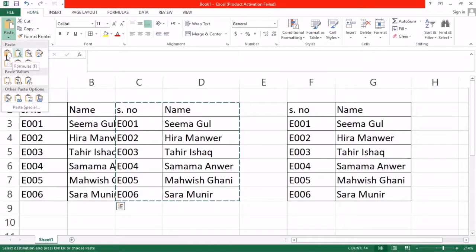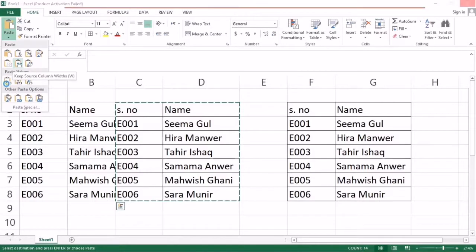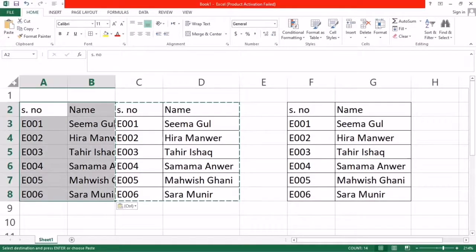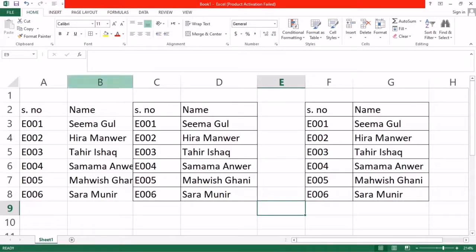For example, paste as formula, keep source formatting, and so on. This time I click this one. So this will appear here, and again you drag to increase the size, and click anywhere, and it will stop moving. Because I selected this paste option, this border does not appear. Before this I selected as it is, so the border also appeared. I selected just numbers only, so it appears like this.